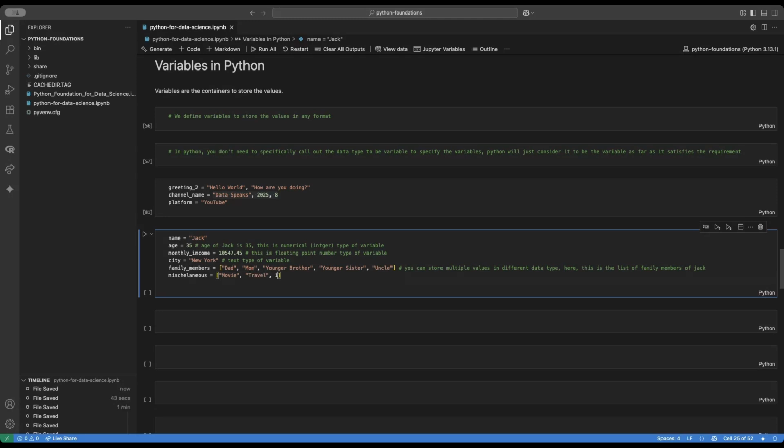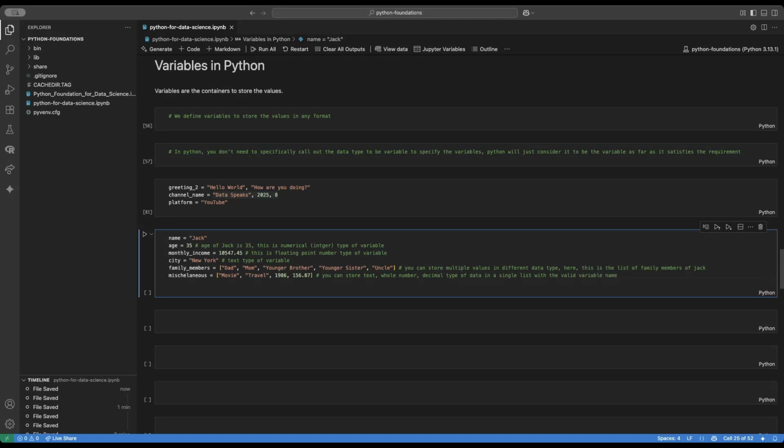I want to say 1986, for example, a number, probably the birth year of the person, and maybe I want to store 156.87. Let's say that's a person's weight, etc. You can see here that you can store text, whole numbers, and decimal type of data in a single list with the valid variable